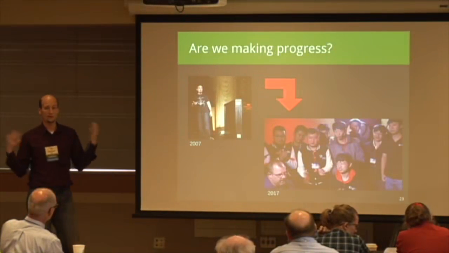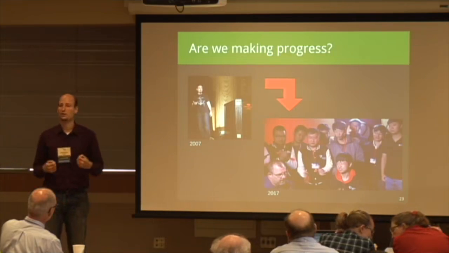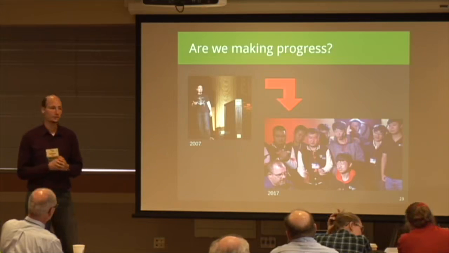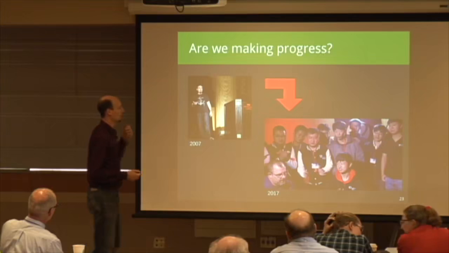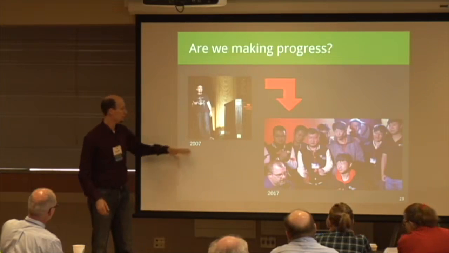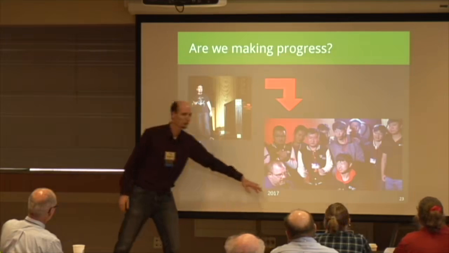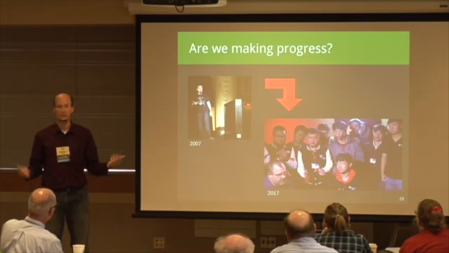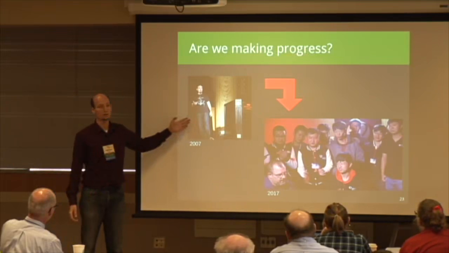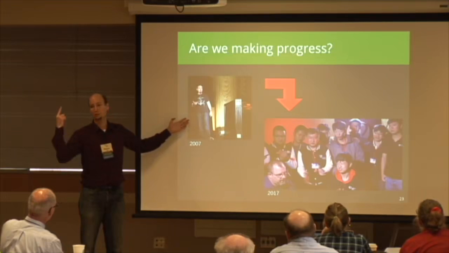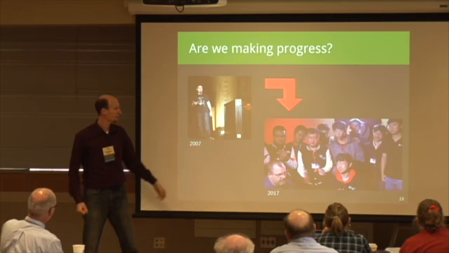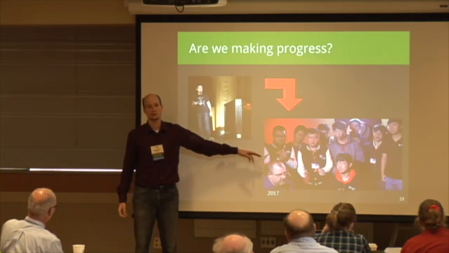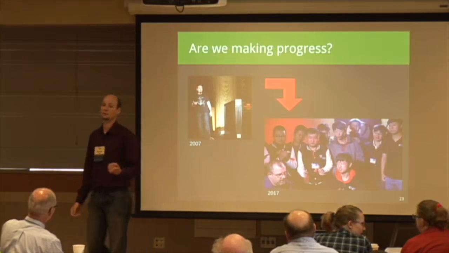And I started the talk by giving a set of examples of the Pwn2Own competition from this year. And I'm ending the talk with two pictures that compare Pwn2Own in 2007 and Pwn2Own in 2017. 10 years later, have we made progress? 10 years ago, it was a one-man show. One single person compromised the system. Nowadays, we have teams of 20 to 25 people that compromise these systems. So yes, we are making progress.